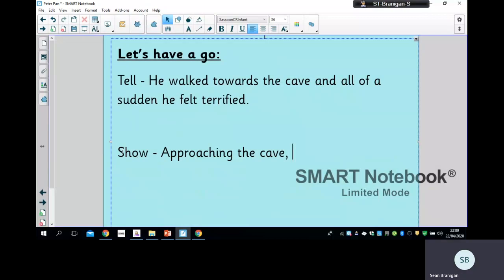So I'm thinking the muscles are going to tighten on his chest because he's nervous and he's scared. He's terrified. So, approaching the cave, the muscles of Peter's chest tightened. And something else that happened. Of his heart pounding, like a drum. Could use a simile there. But I think I'm going to go for his palms getting sweaty. Sometimes when you're nervous, you start to sweat a bit, and your palms get a bit shaky or a bit sweaty. So, approaching the cave, the muscles of Peter's chest tightened, and the palms